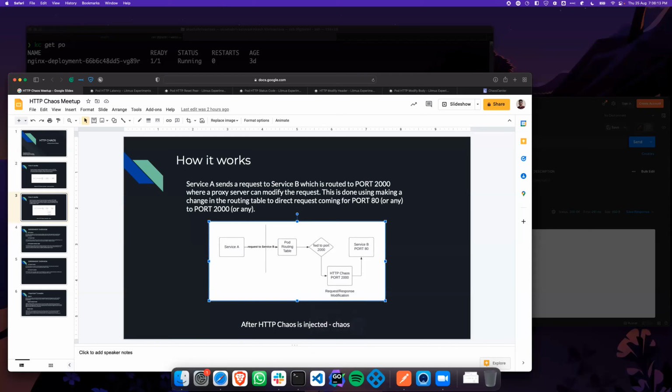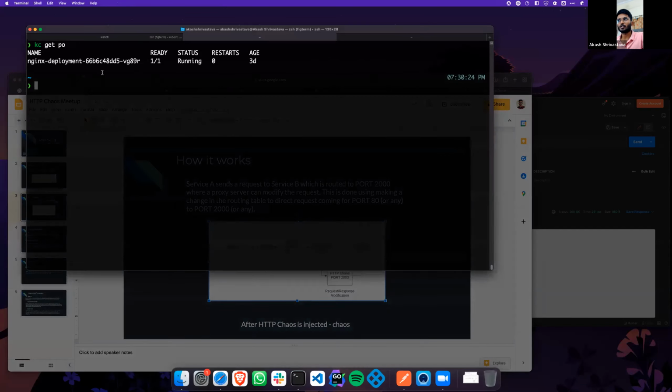Yeah, your service B is working fine. Yes, correct. Service B in itself won't be affected. We are not deleting or restarting the pod. We are not making any changes to the service, like changing or stopping the service or stopping the pod.